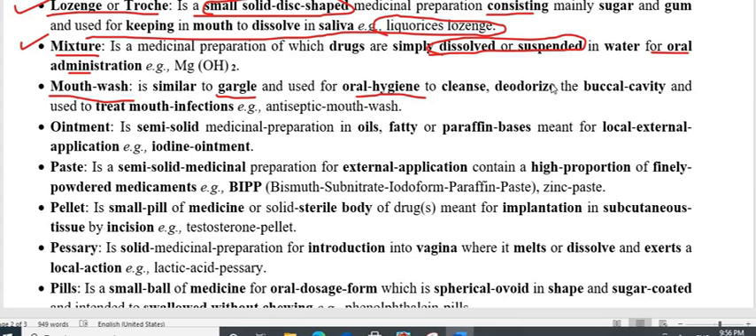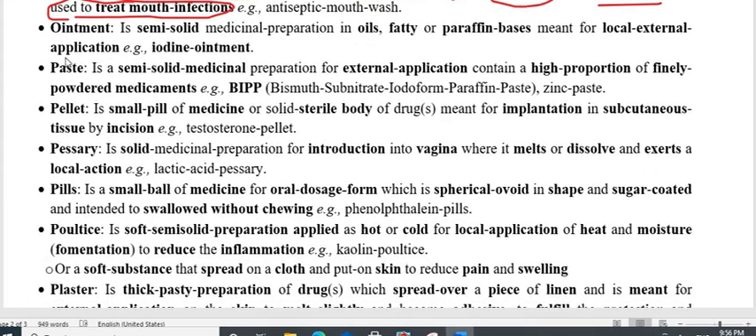Deodorize means the agent that removes the odor or bad smell. So it cleans the mouth, that is the buccal cavity, and is used to treat infection. That is quite similar to the gargle. Now we have to go through the ointment, that we already told about along with gel, jelly,